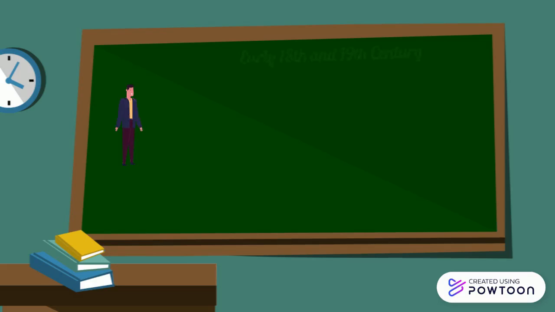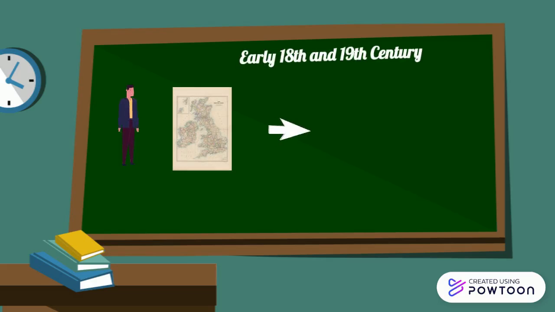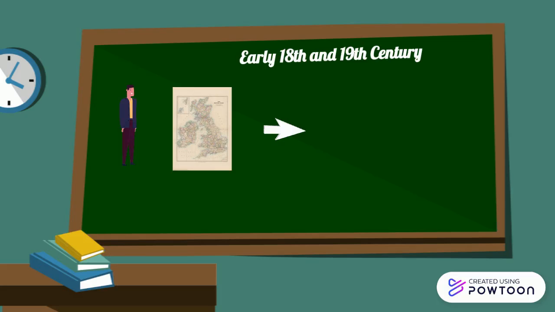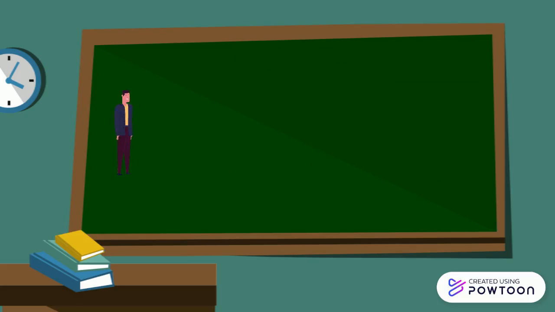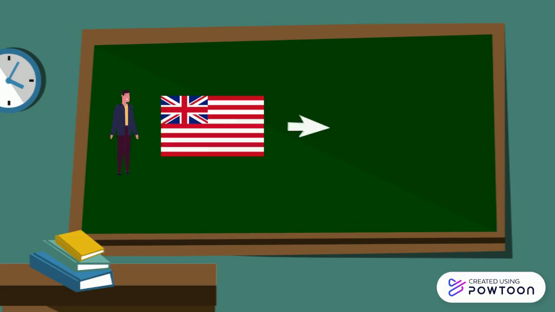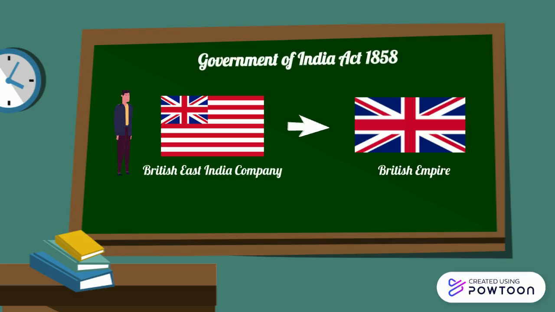Between the 18th and early 19th century, although the British held significant influence over the Indians, some princely states managed to stay independent, the largest one being the Mughal Empire. However, after a few unsuccessful rebellions against the British, the territory was formally annexed by the British Empire, and the territory became known as the British Raj.